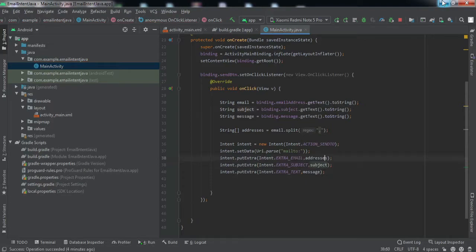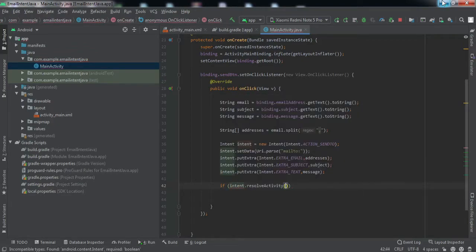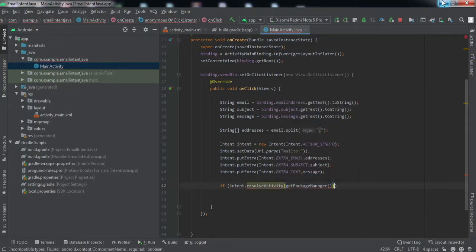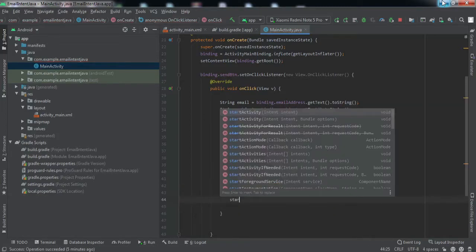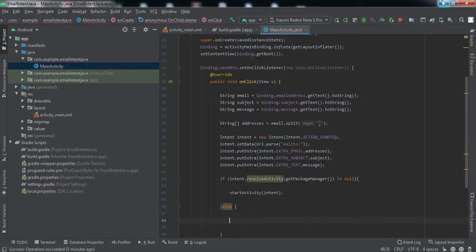See, we have passed the email addresses, the subject, and the message, right? Now we are going to check if intent dot resolveActivity and getPackageManager is not equal to null, then we are going to call startActivity and we'll pass the intent here. Else we are going